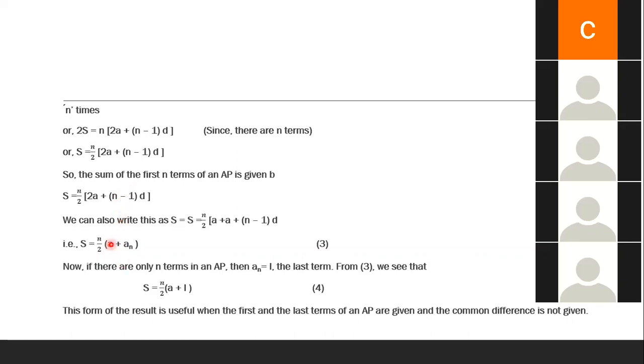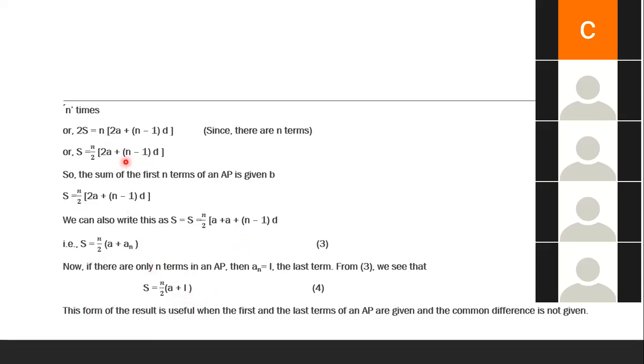2A means A plus A, just a splitting here. Am I clear with this formula, children? An is nothing but the last term, no, children? In the nth term of an AP, we are taking an as the last term. The nth term is the last term. We already discussed the last term, and we also call this an as L. If they give the last term of an AP, you can take this formula and find out the sum of the numbers. Any doubt in this formula, children?